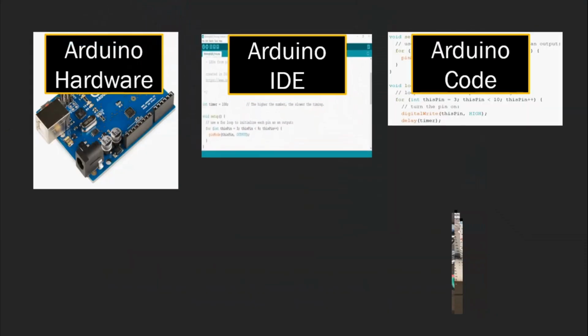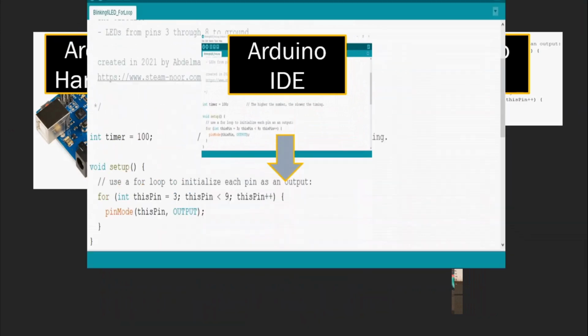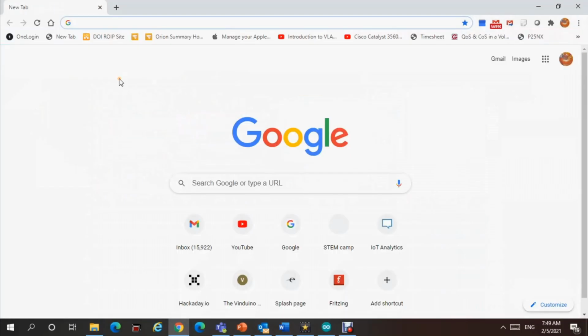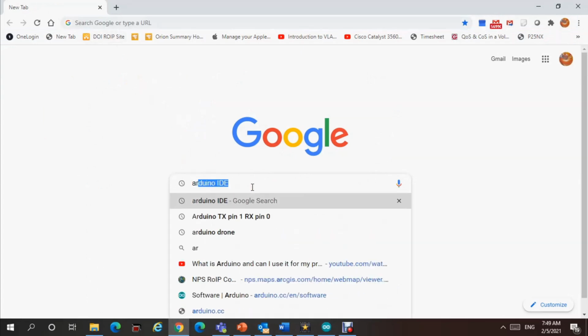So, Arduino IDE, and let's talk about the Arduino IDE software. Arduino IDE, Integrated Development Environment. So first you need to download the software. I'm just going to type Arduino IDE